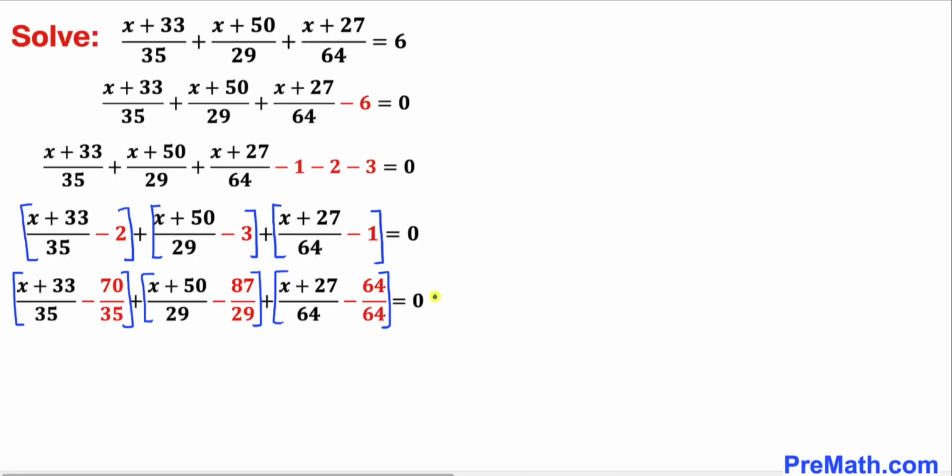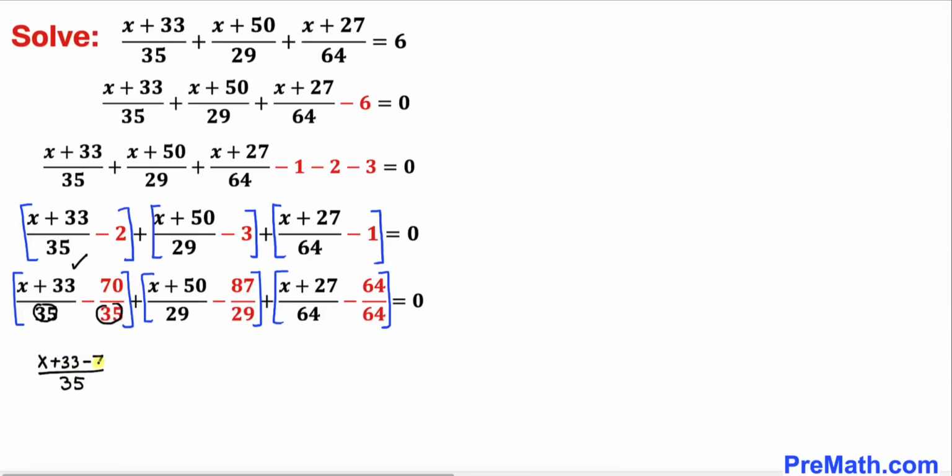As you can see in this next step, this -2 has been written as 70 divided by 35. Likewise, this 3 has been written as 87 divided by 29, and finally 1 as 64 divided by 64. And now let's take care of this very first bracket. We know that our common denominator is going to be 35. So let me write down 35 in the denominator, and on the numerator is going to be x plus